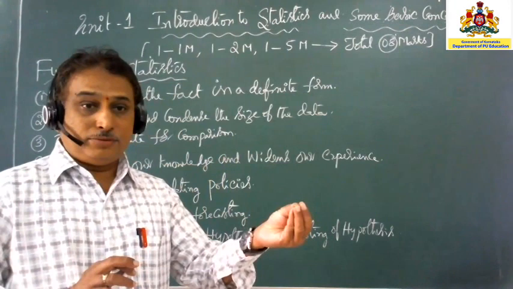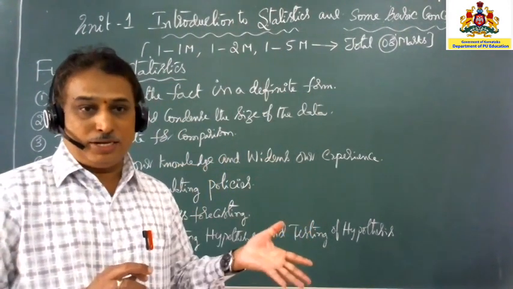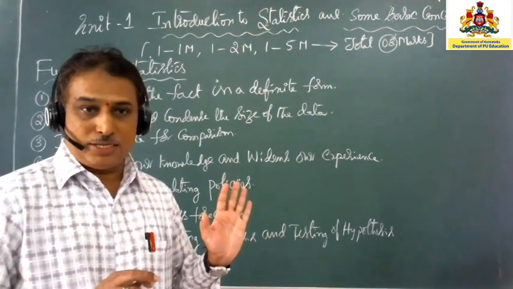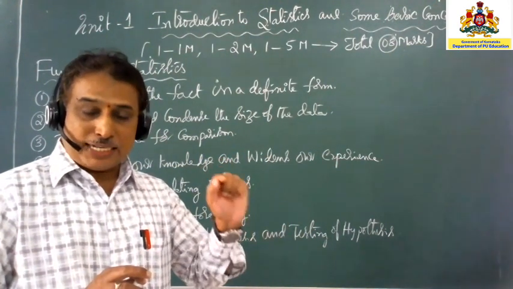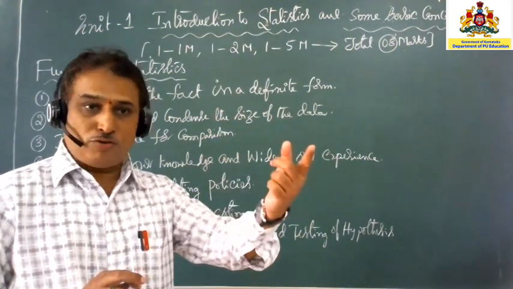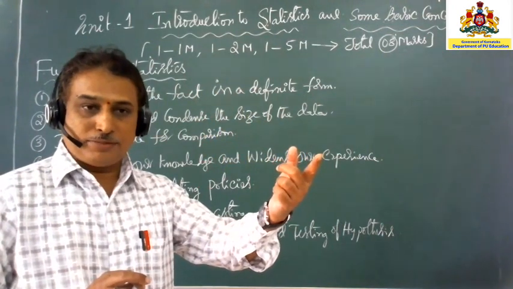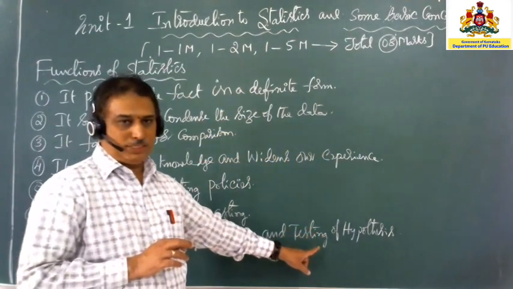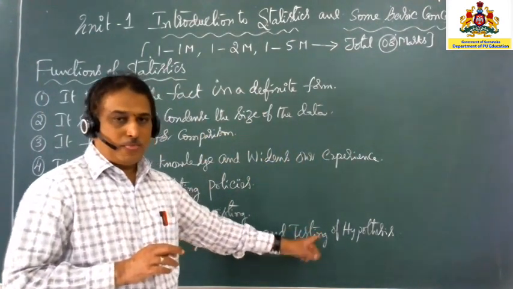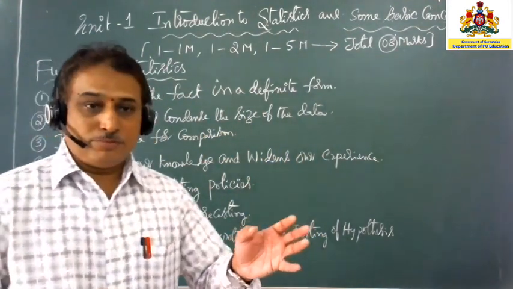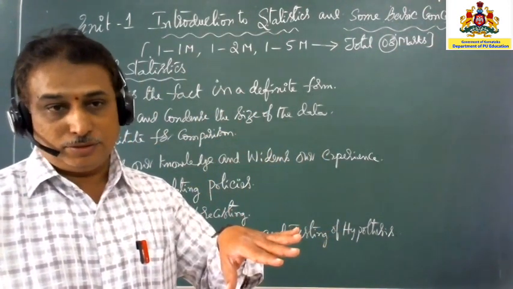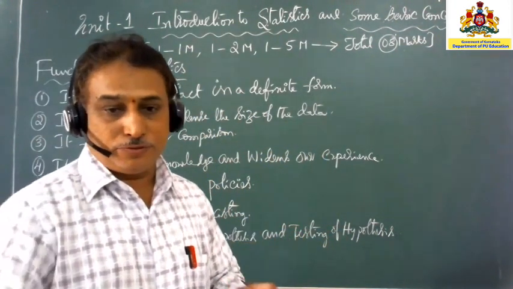Whatever covers are supplied by the manufacturer to the Nandini milk, they have to accept the whole lot of the milk packets or not. They are doing the testing procedure. Otherwise, they may go into loss or they may go into benefit. That's why before going to